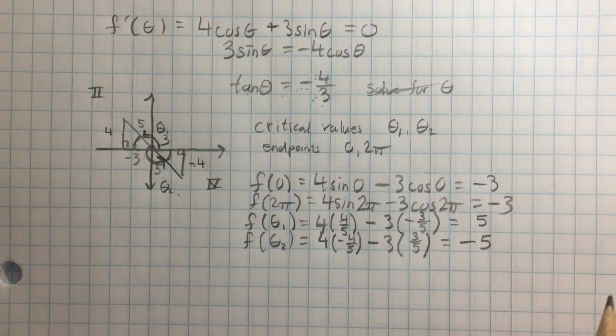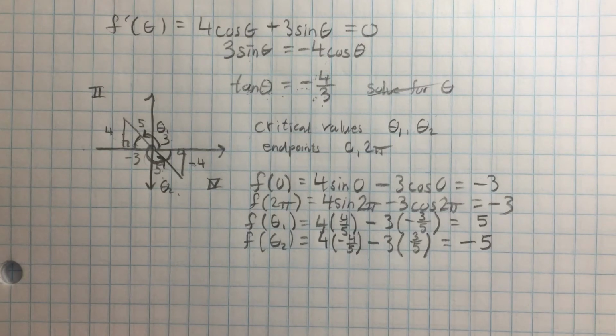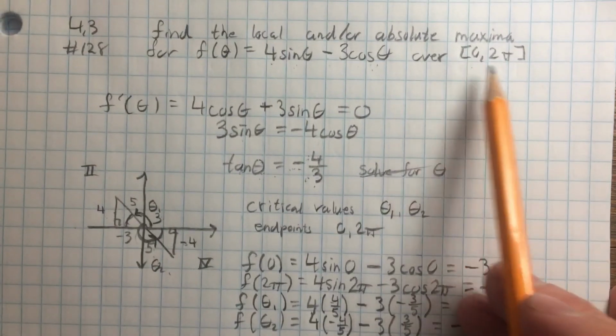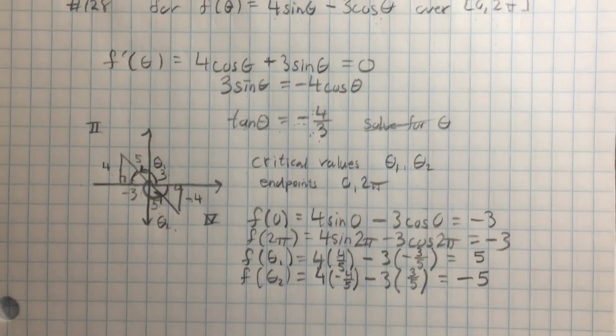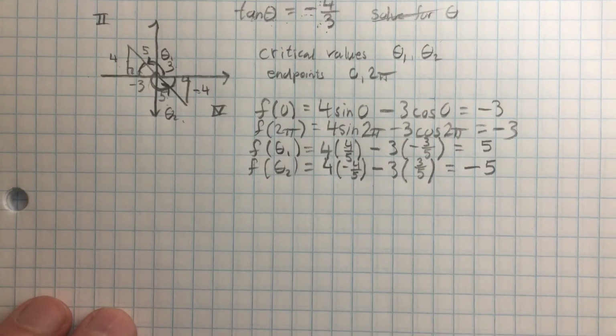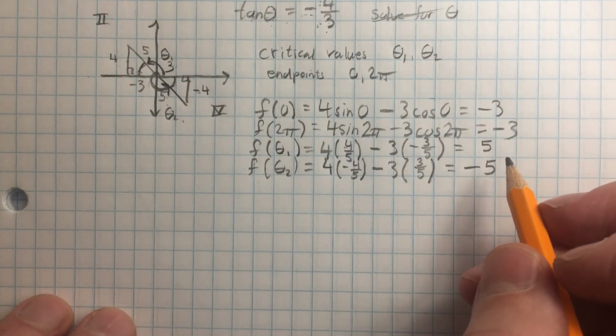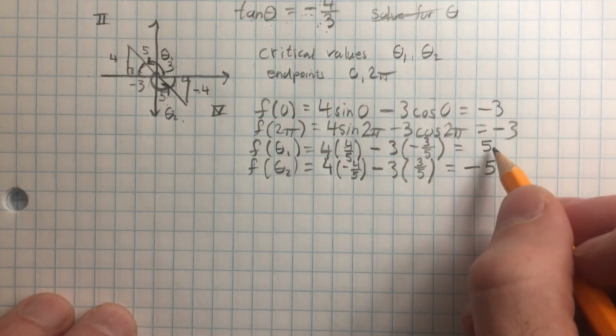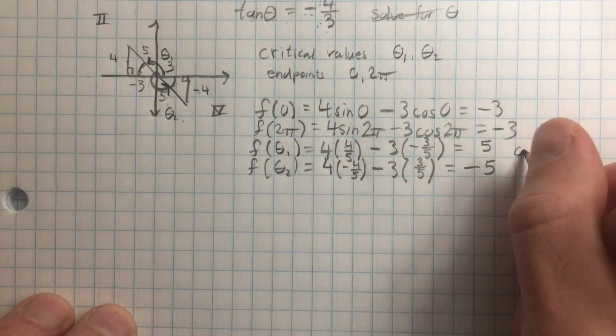All right, so we see that the absolute max and min did not happen at the endpoints this time. It turns out what were local minimums and maximums turned out to be the absolute minimum and maximum on this particular closed interval, 0 to 2 pi. Okay? So we have our answer here. On this interval, there's still local, but the real concerning part is the absolute. The one absolute maxima we found is 5. So 5 here is the absolute max